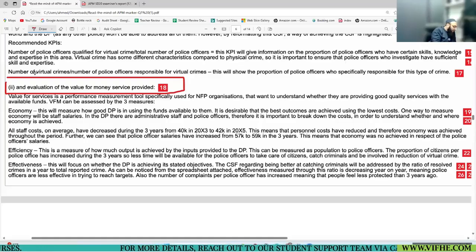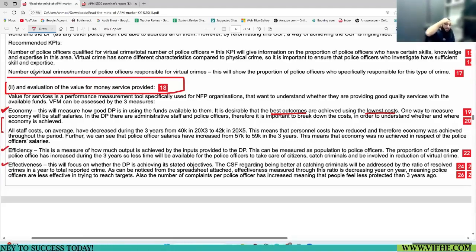This student started with a definition, so I should give him 1 mark: best outcome using low cost. Then he explained economy, and at the same time the economy performance of the police service, then went to efficiency, and then effectiveness.